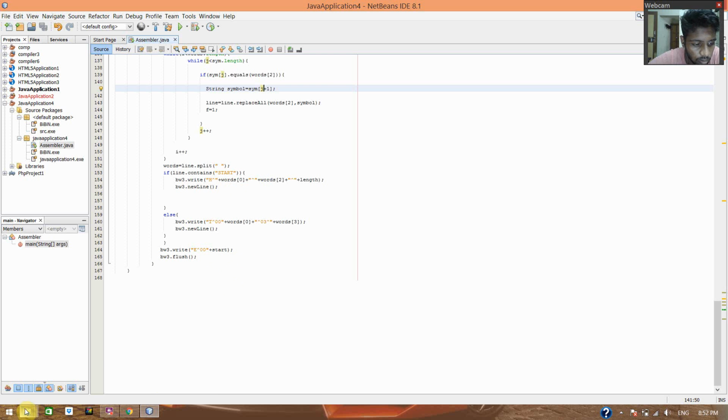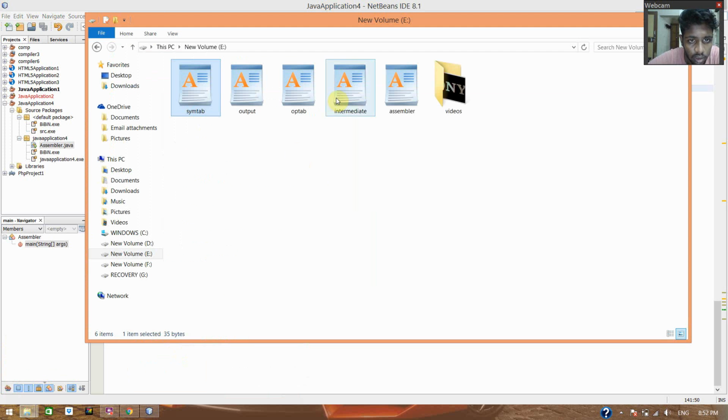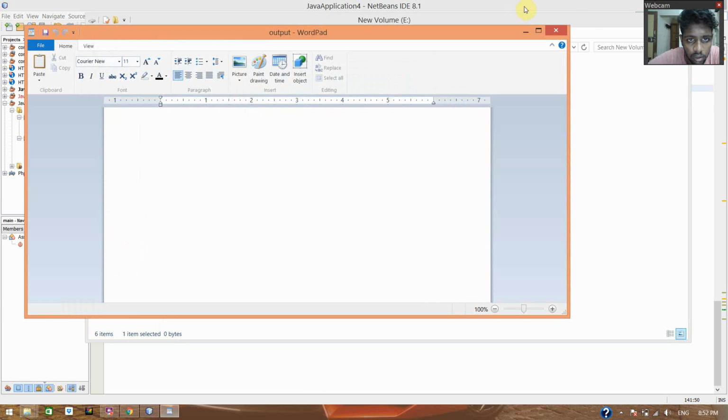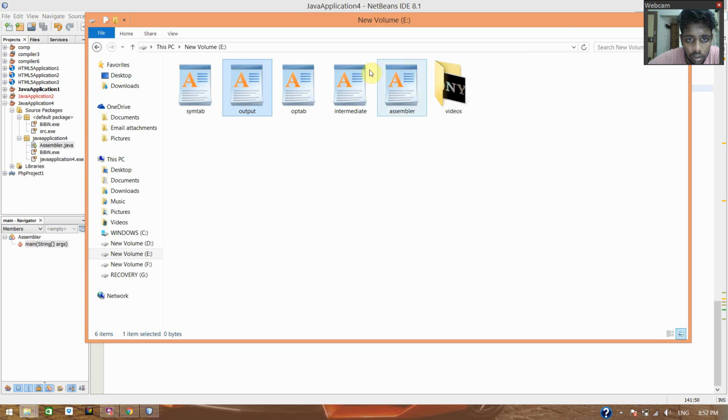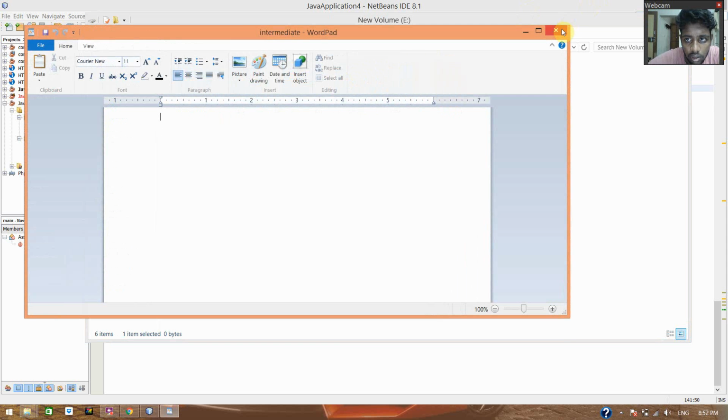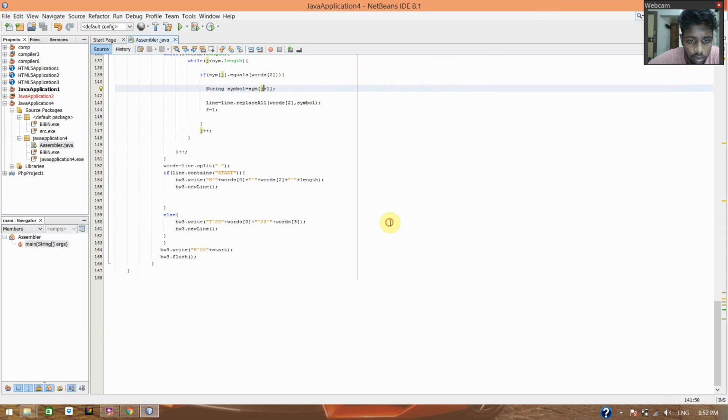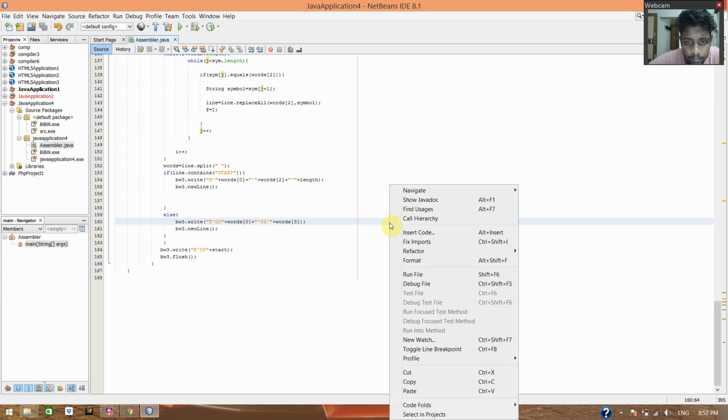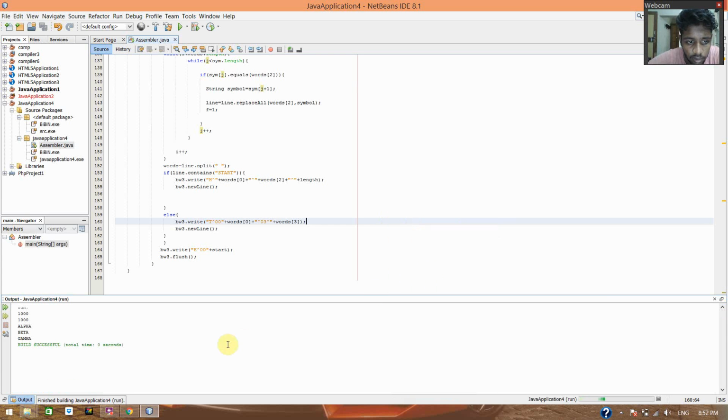So the output file that's supposed to display here is output, and it's empty right now because I haven't executed anything. And intermediate is also empty because I haven't executed. Now let me run the file. I'm going to click run file,